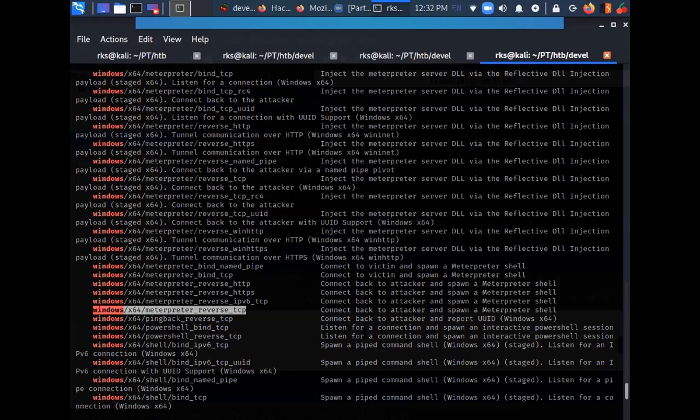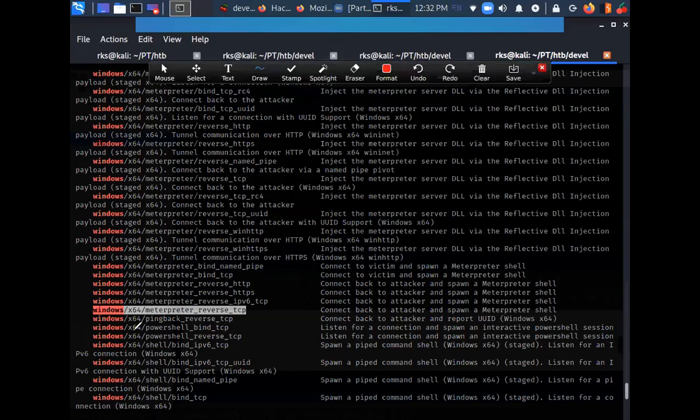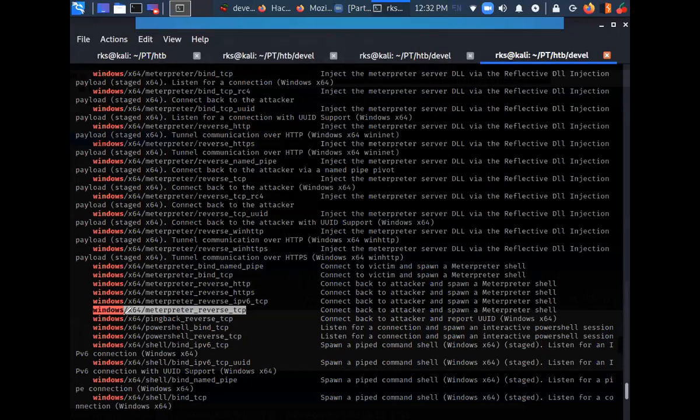I'm not going to use the 64-bit payload here. Why should I not use a 64-bit payload? If the target operating system is 32-bit, it's not possible.